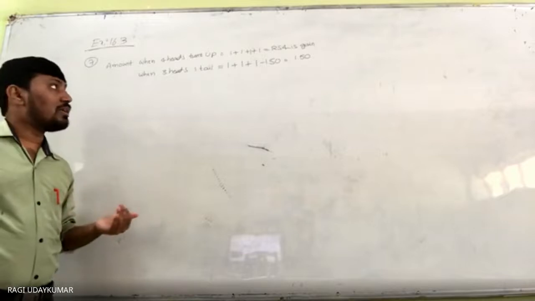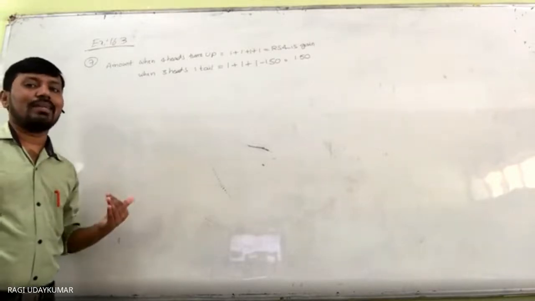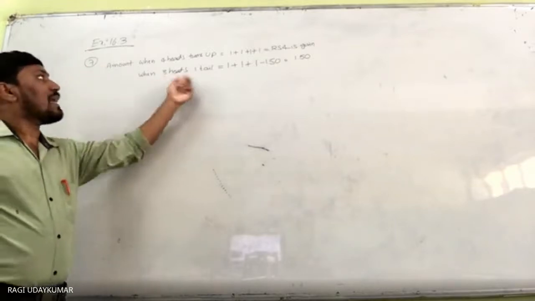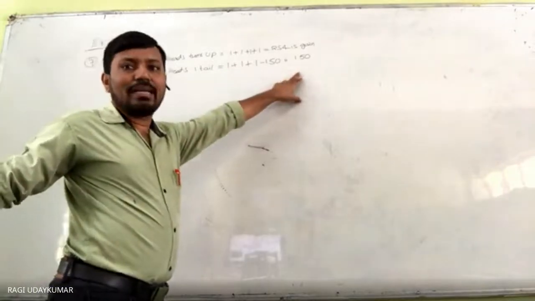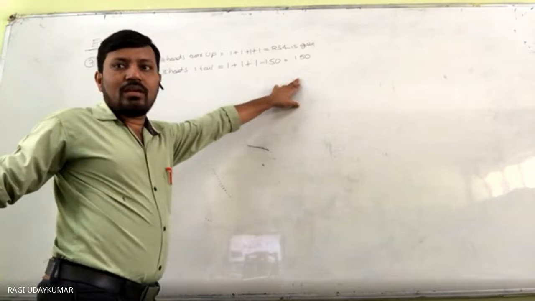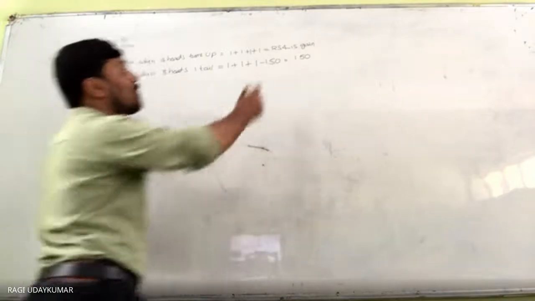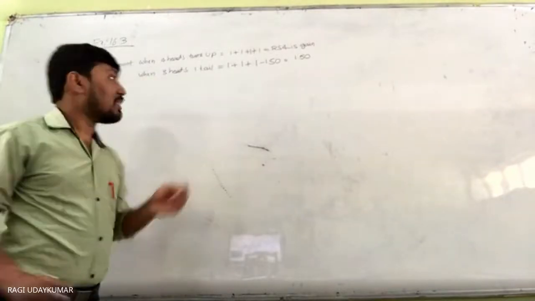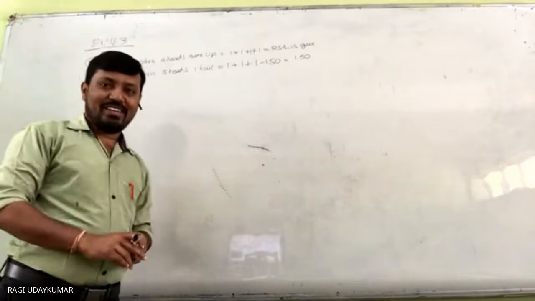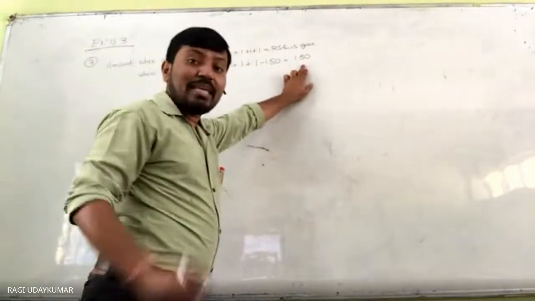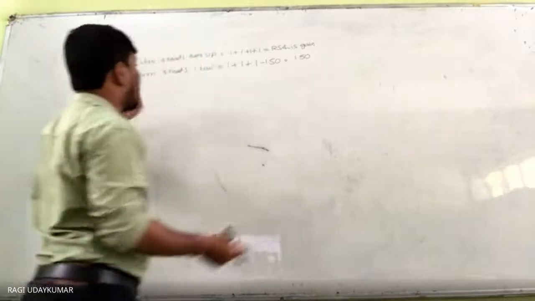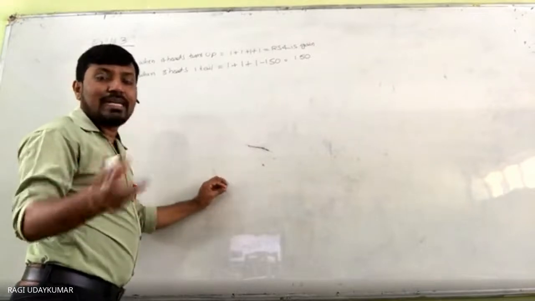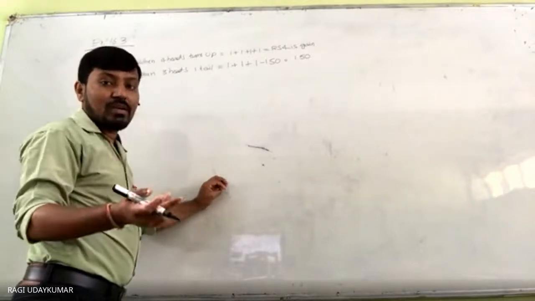Here the probability of getting each amount is asked. First, let us calculate the chances of getting these amounts. The question is asking, what is the probability of getting 4 rupees? The probability of getting 4 rupees is nothing but the probability of getting 4 heads. And what is the probability of 1 rupee 50 paisa? That is nothing but 3 heads and 1 tail. In how many ways will 3 heads and 1 tail occur? 4 ways will be there.